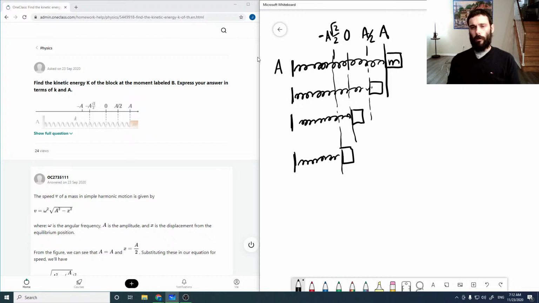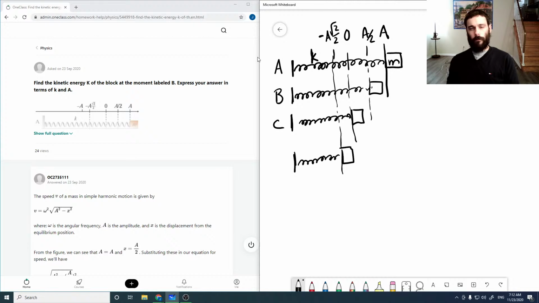Okay, so assuming that we have a mass on a spring, and they give us that the spring has a spring constant of k. Assuming that our mass on a spring is pulled out to A and released so that it goes back and forth between A and minus A, and there's no frictional forces that slow it down or anything like that, then it wants to know